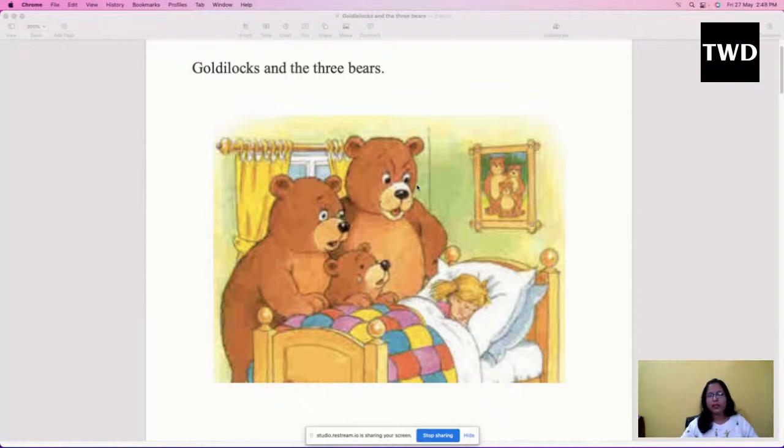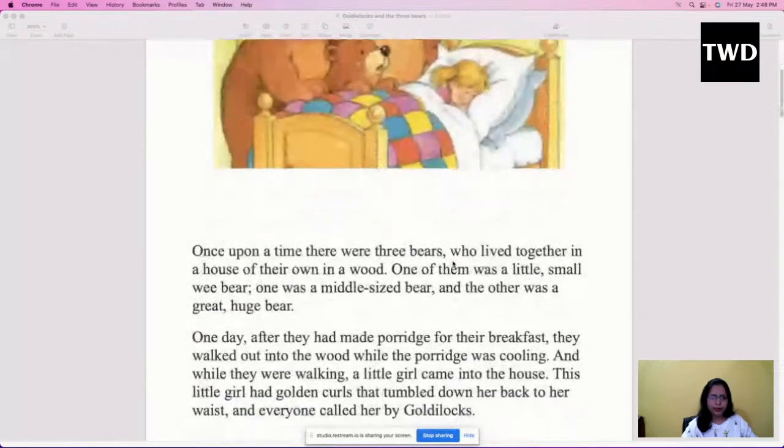Otherwise what happens in a story, most of the part is of narration. So whenever you are narrating the story, it should sound little different than what you will be reading about the dialogue. So whenever you are reading the dialogues, it should be little different than the part of the narration. Yes, so let us start reading this story.